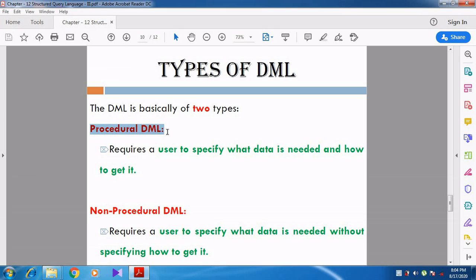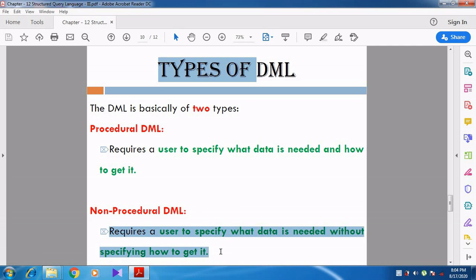Procedural means the user will specify the data as well as how to get the data. But non-procedural DML means the user will specify what data is needed, but he won't specify how to get it. That is called non-procedural DML.